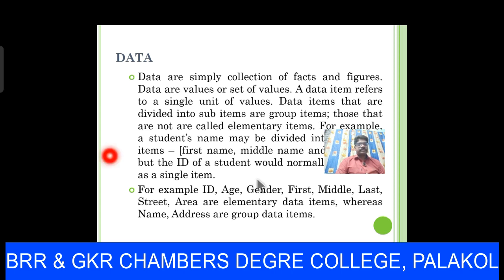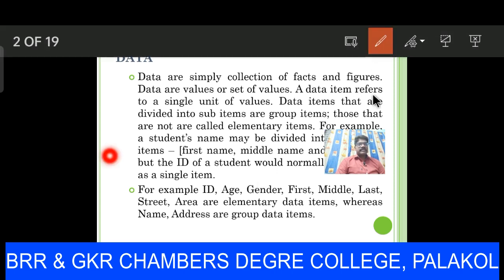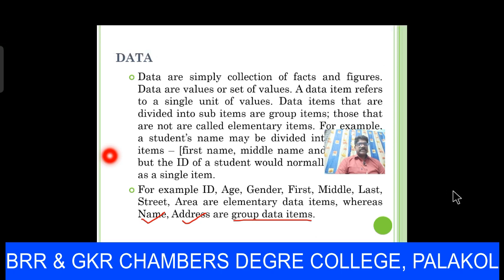But name and address are group data items because name can be divided into first name, middle name and last name. Address can be divided into multiple items, that is door number, street, village, pin code, etc. Those types of data we call grouped data items.